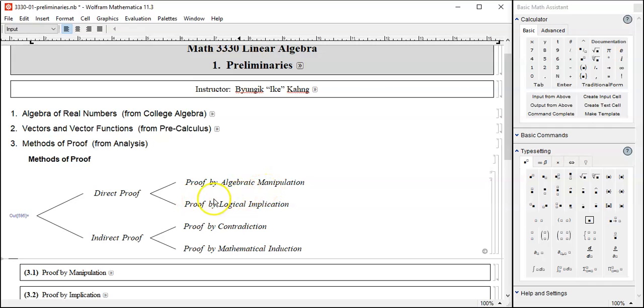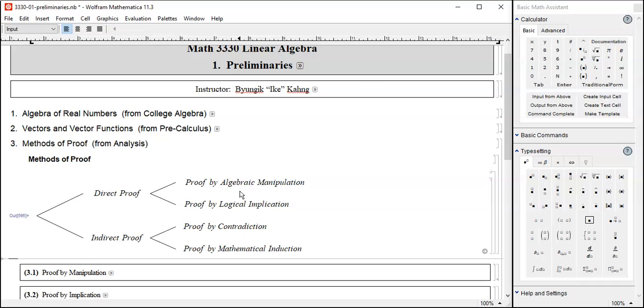In this course, we're going to focus primarily upon the first one, proof by algebraic manipulation. I'm going to write a lot of proof problems in the exams and of course homeworks and so on. And most of the problems that you are asked to do in the exam will be proof by algebraic manipulation. Basically, I want you to have some proficiency or some kind of mastery before moving on to the